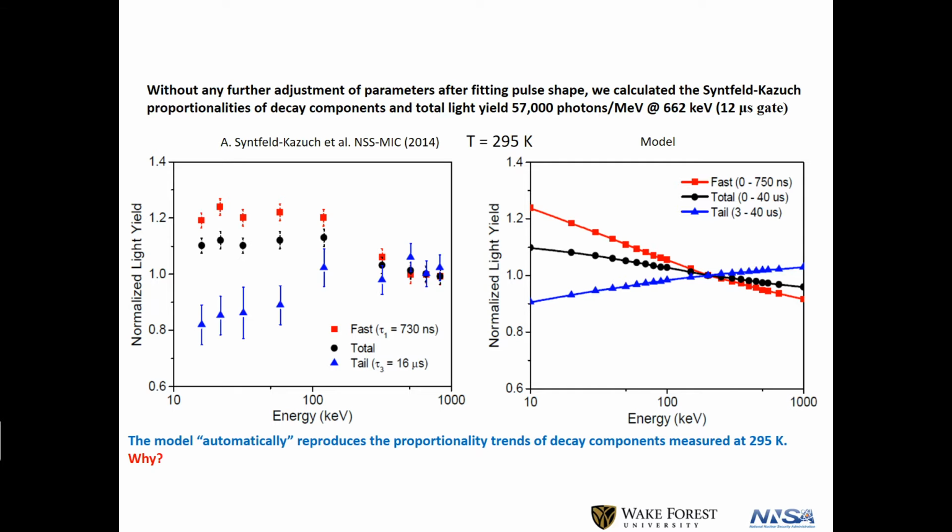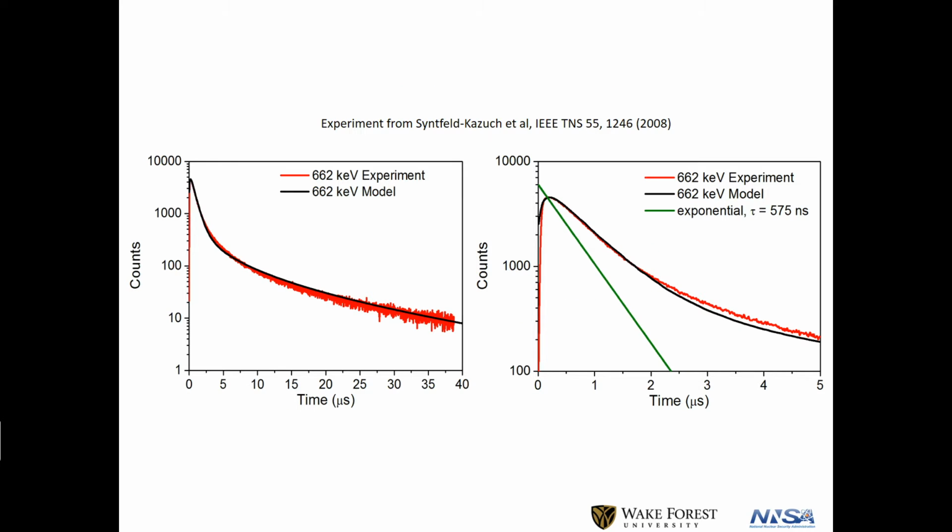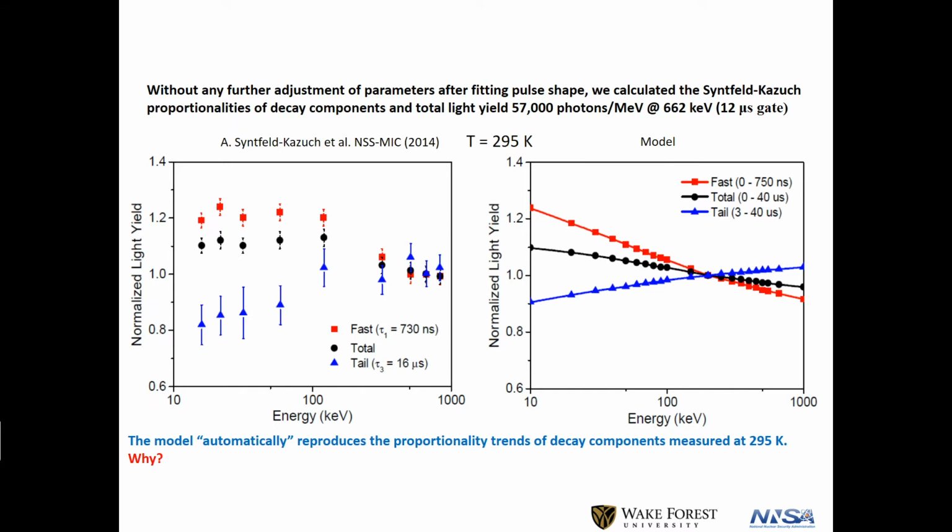So in 2014, there was a very good group from Poland that for the first time ever measured the proportionality curve for each of those 3 decay components that I showed on this slide. And it was enthusiastically received. We'd never seen that before. That's incredible. But what does it mean? Can you fit it? And I was sitting there saying, I bet we can fit that. And not just fit with variable parameters. So here's